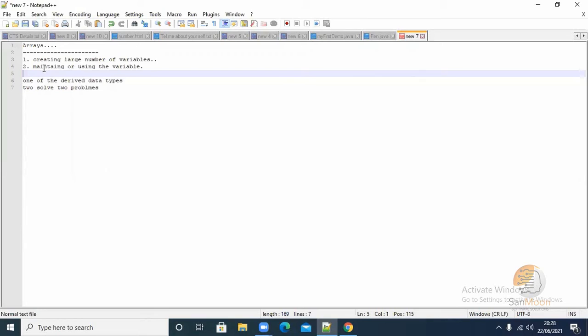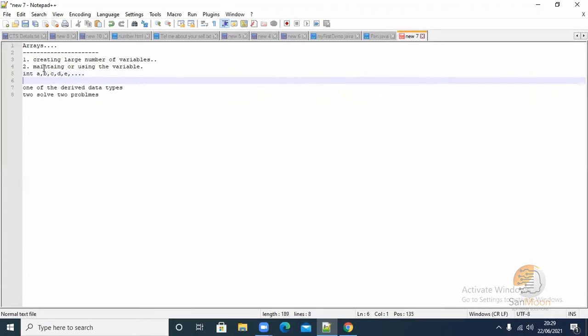In that case, what does maintaining mean? For example, I have 10 variables declared like this: a, b, c, d, e, like that. 10 variables have been declared.